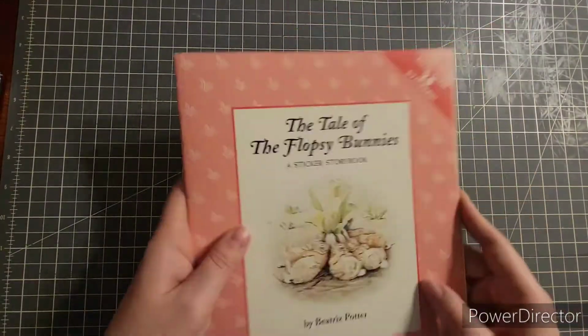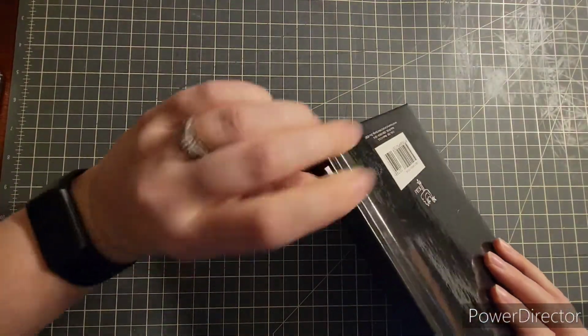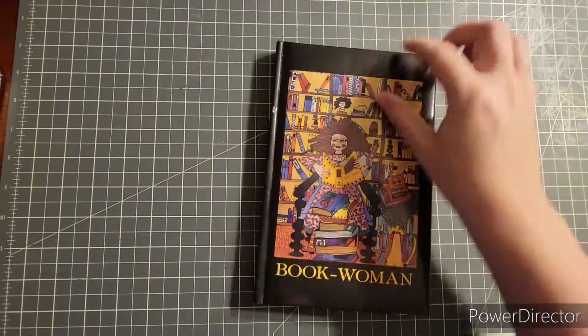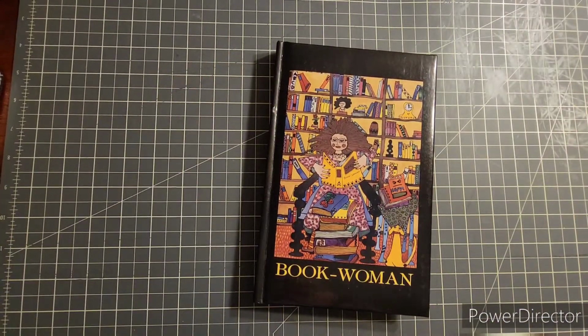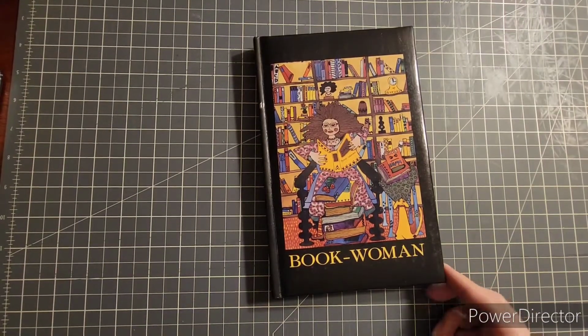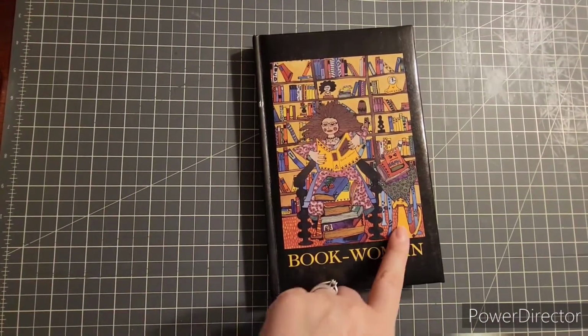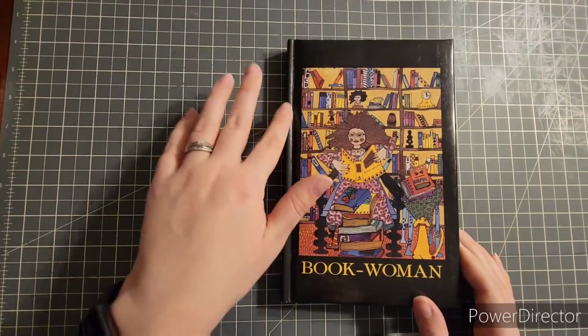So I thought that was worth it. This was, I think, 50 cents. I found this, which was $1. I'm not huge into the cover. That was a little wild. Not quite my art per se, but it caught my attention because it said Book Woman. And when do we not love books? I didn't realize she actually has a cat there. But so I looked inside, and